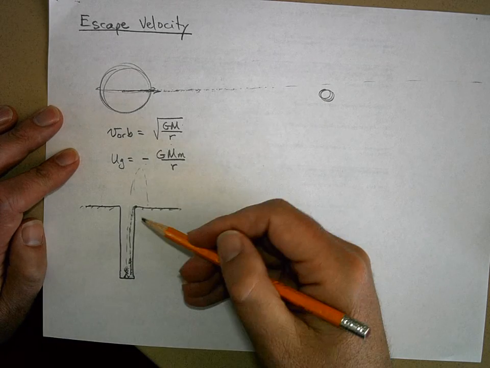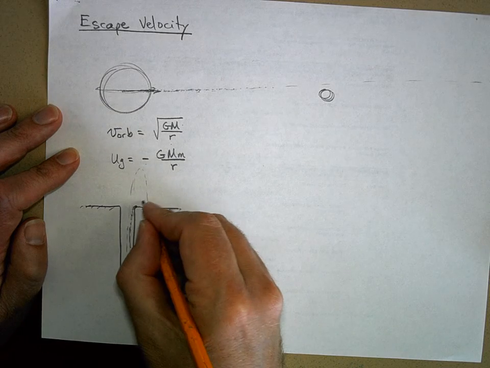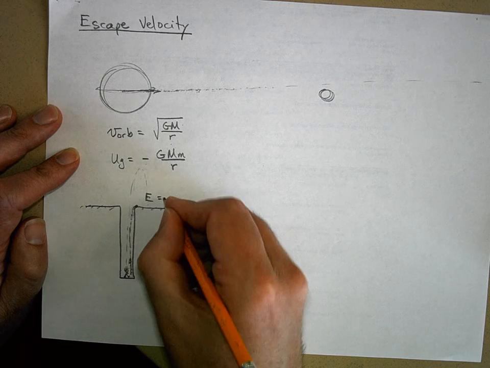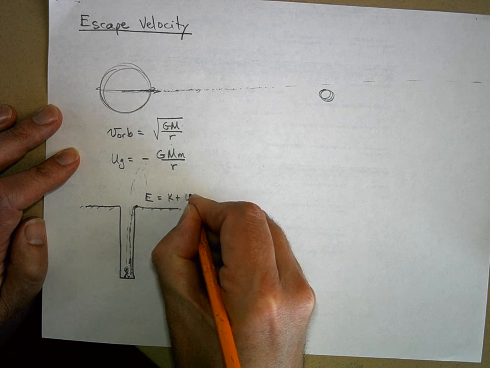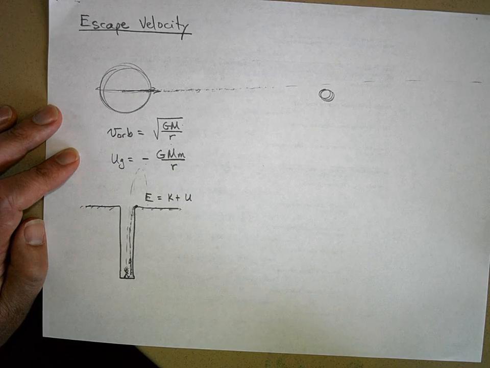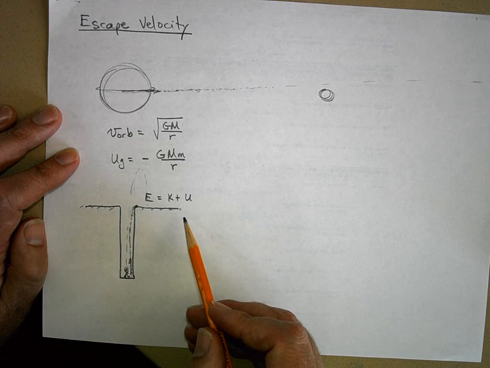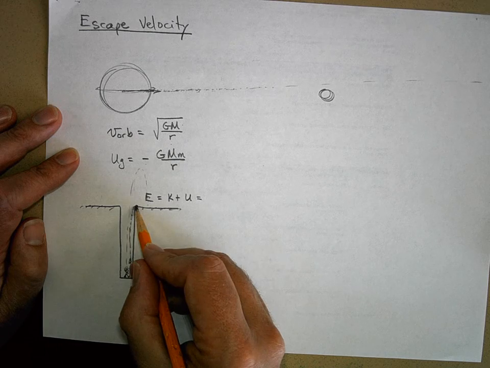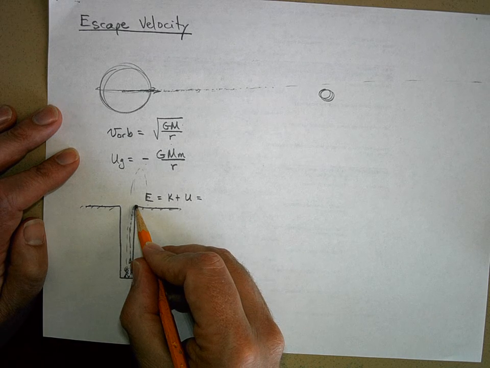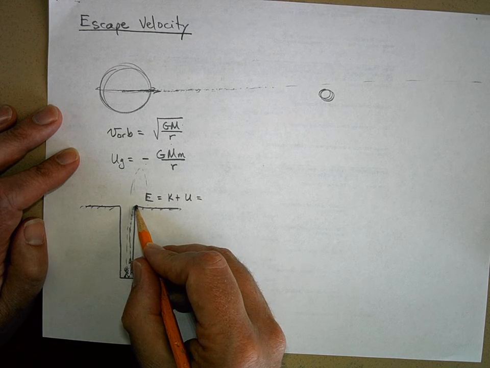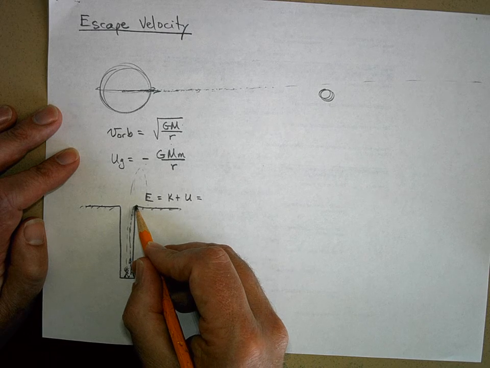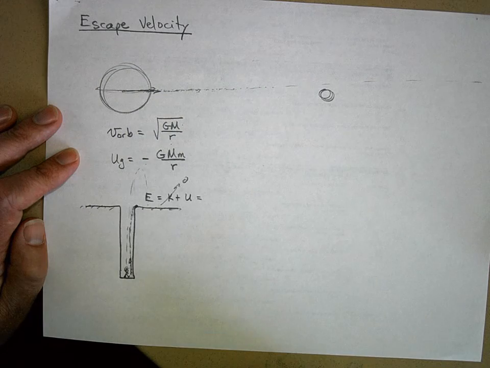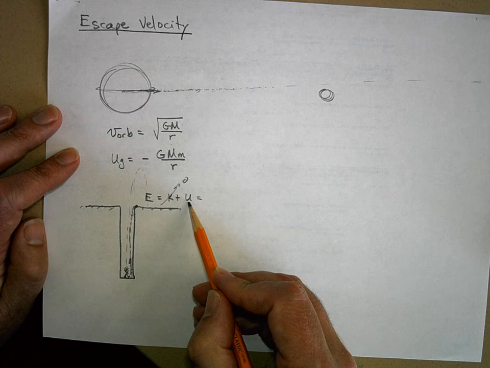Now we know how to do this. Let's take a look at what is the mechanical energy. Remember mechanical energy? Mechanical energy is our kinetic energy plus our gravitational potential energy, right? Now, what is our kinetic energy right here at the very top? What did we say happened to the rock right when it got to the very top? It stopped. So what's our kinetic energy if it stopped? Zero.